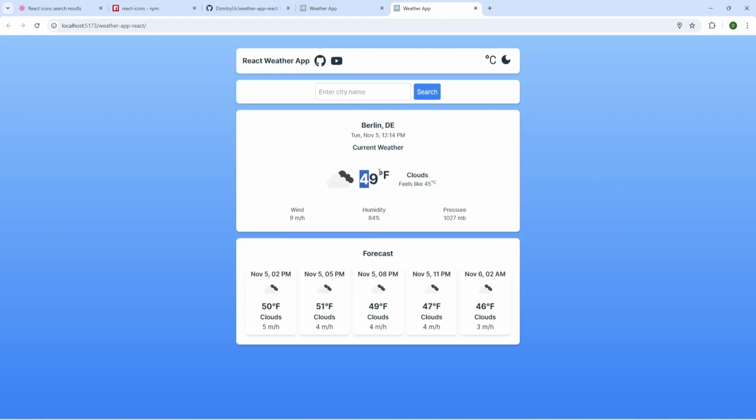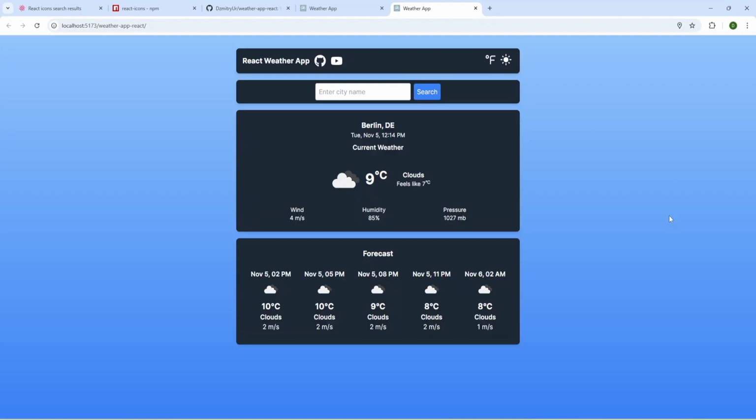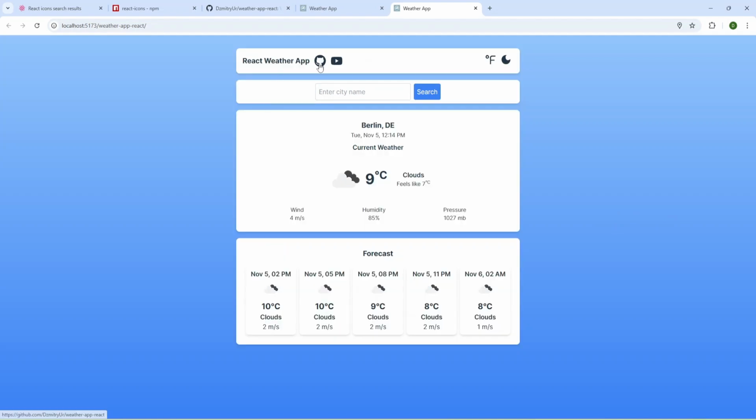Okay, and we have units in Fahrenheit, and let's return to Celsius, and now I can change the mode to dark, and I have dark mode, and I can change back to light, and also the links work.